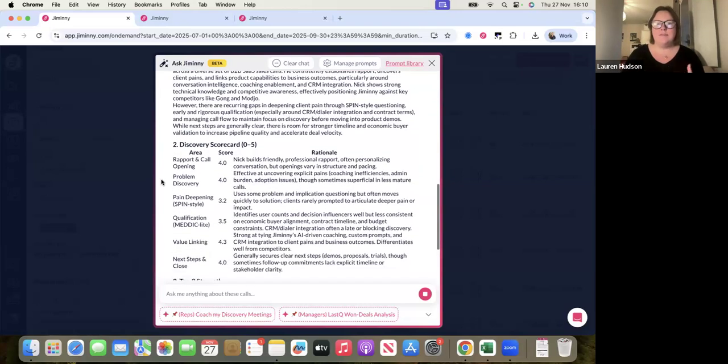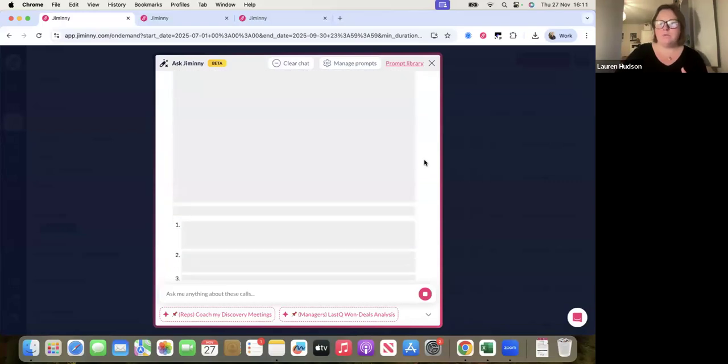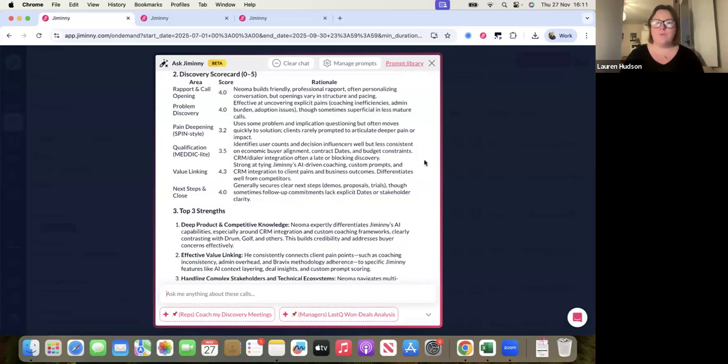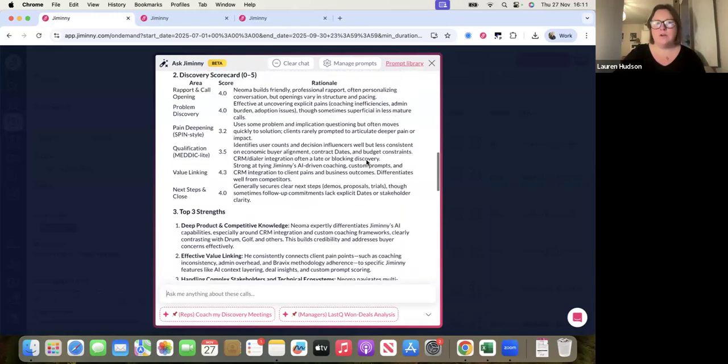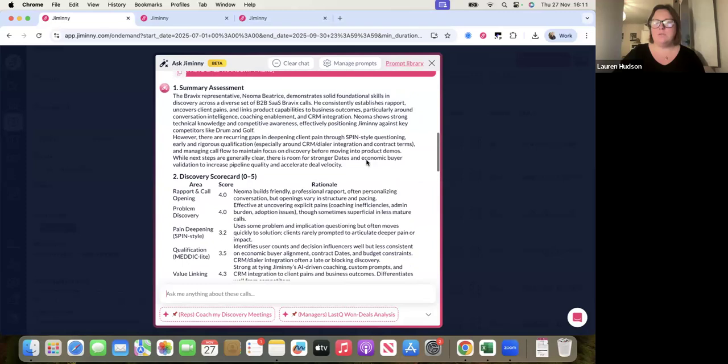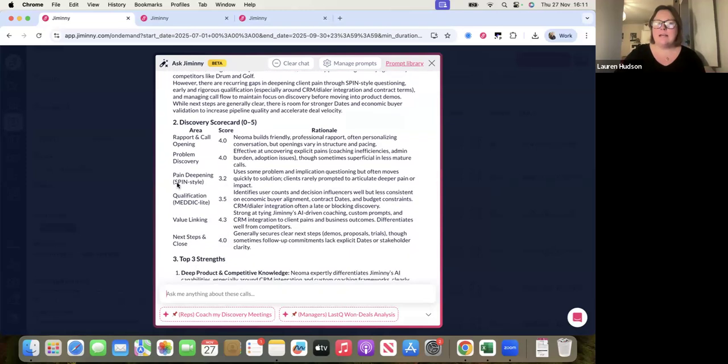And very quickly, even though it's looking at 59 calls, in ChatGPT style, we're going to get some really nice insights straight from all of those calls. So Gemini AI isn't just looking at one call, it's looking across all of those calls and giving us a really nice idea of how I'm performing as a rep. Once it's finished, I'll go up to the top and we can see how much information we've got. It starts with a really nice, clear summary assessment, so how I'm doing in general. It then goes into a little bit more detail and breaks it down into areas of discovery.